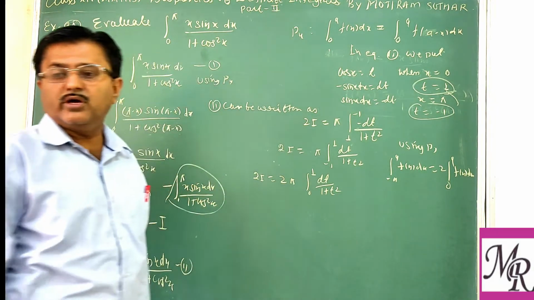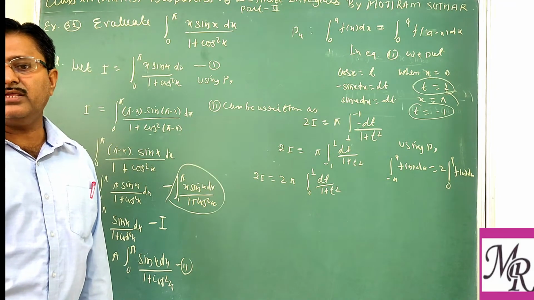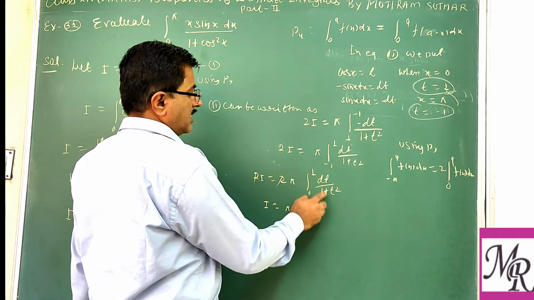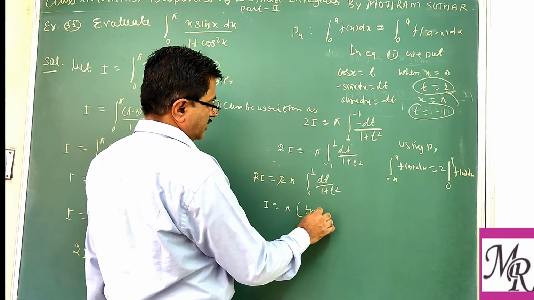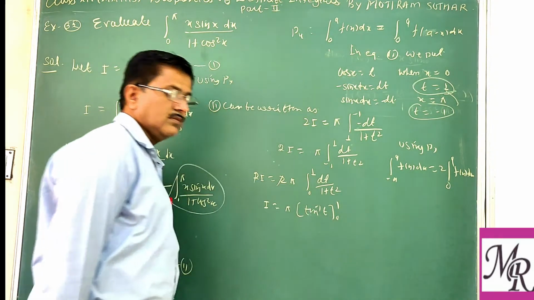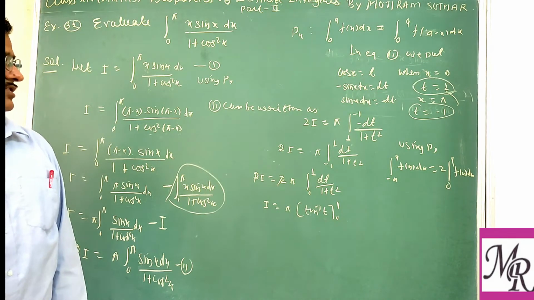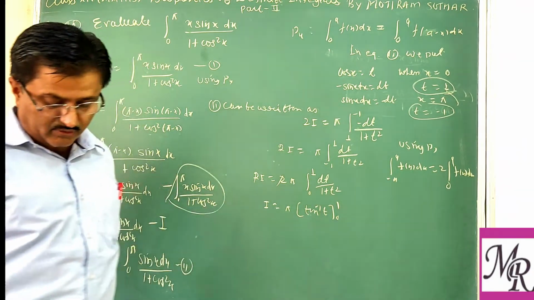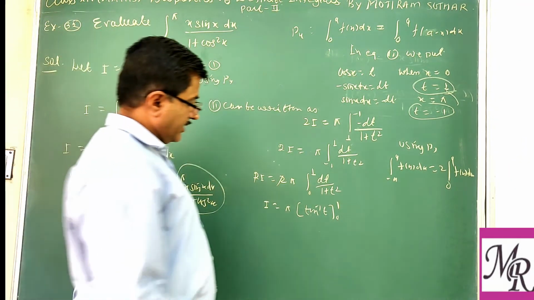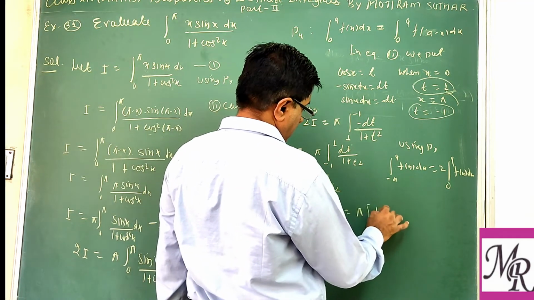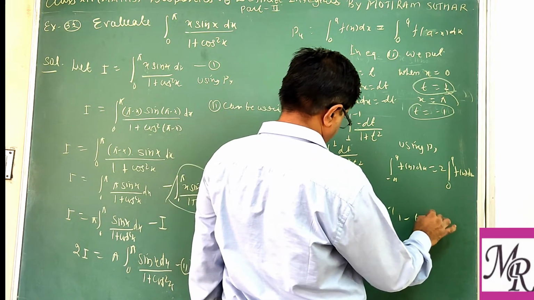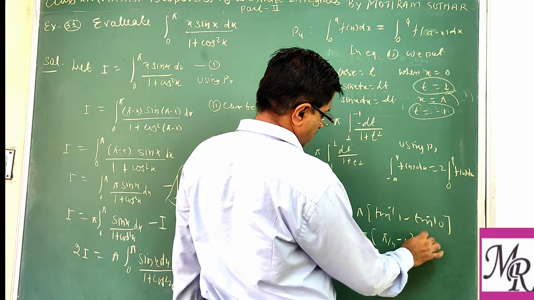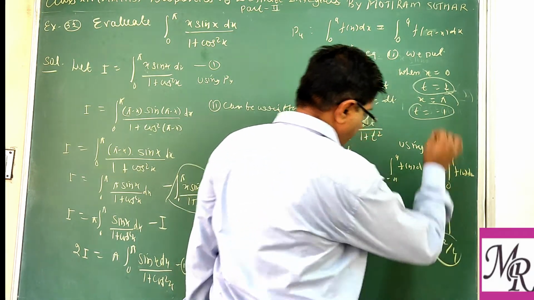Now this is the simplest form for the limit as well as the integrand. So the 2 on both sides cancel, and you know that the integral of 1 upon 1 plus t square is tan inverse t. So this is from 0 to 1. Now put the values: upper limit tan inverse 1 minus lower limit tan inverse 0. The value of tan inverse 1 is pi by 4, and tan inverse 0 is 0. So that is pi square by 4.